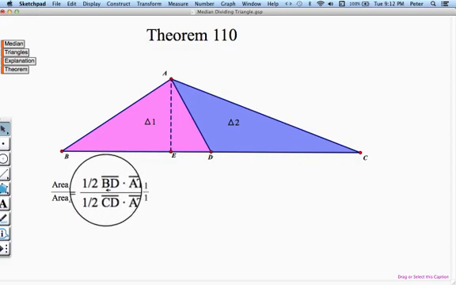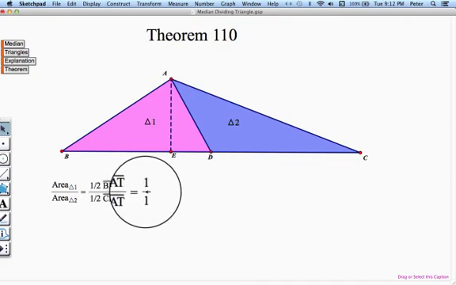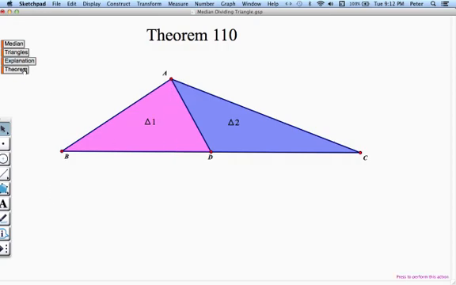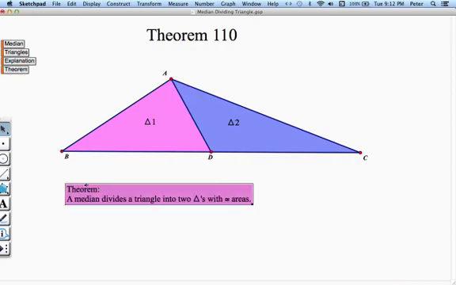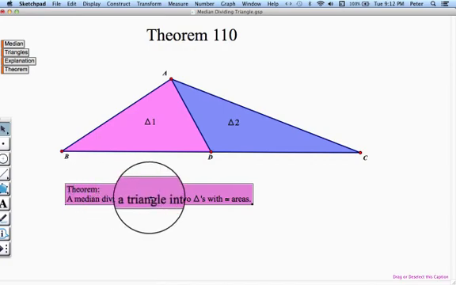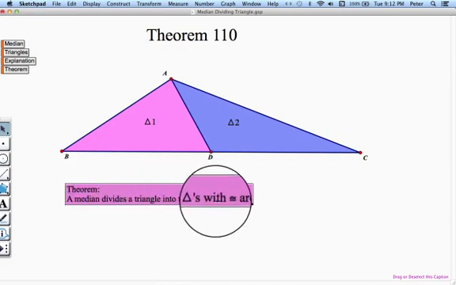Well, in this case, since AD is a median and D is a midpoint, BD is congruent to CD. So therefore, the ratio of the areas is going to be 1 to 1. But maybe it's easier just memorizing the theorem, which says a median divides a triangle into two triangles with congruent